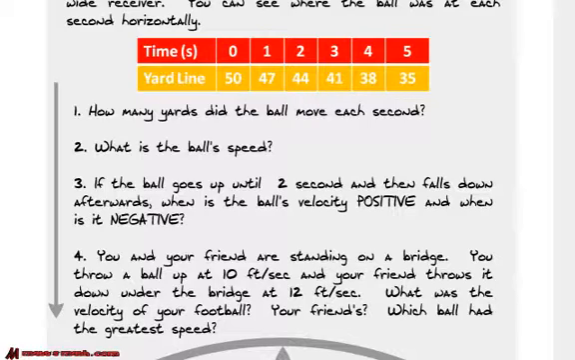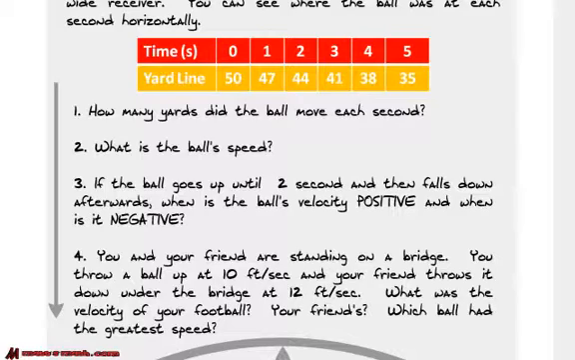You and your friend are standing on a bridge and you throw a ball up at 10 feet per second and your friend throws it down under the bridge at 12 feet per second. What was the velocity of your ball? Was it positive or negative, dealing with up or down? What about your friend's? They threw it down, so is it positive or negative? Well, if you think about it, mine is 10 feet, and it's positive, whereas my friend's is down, so it's